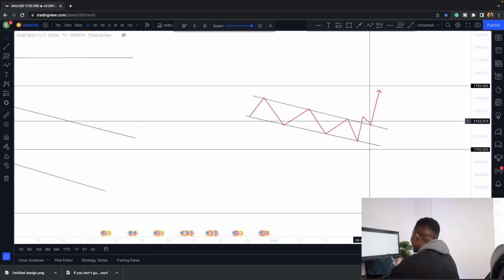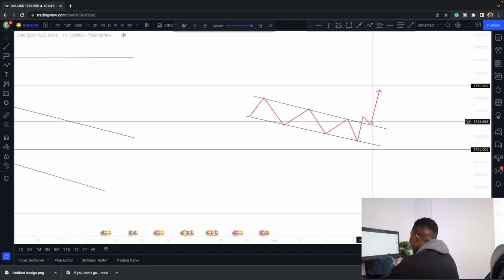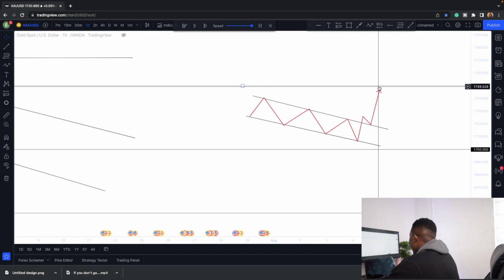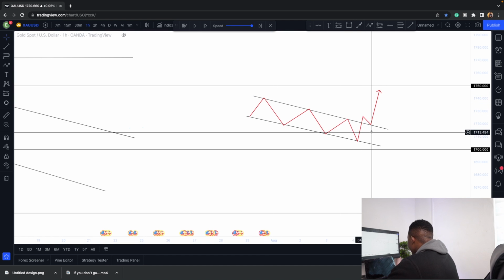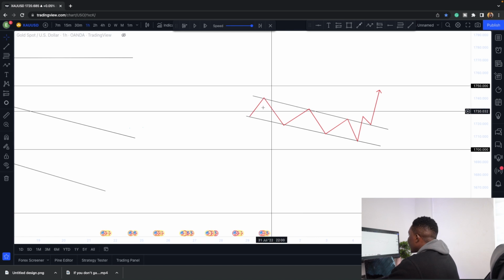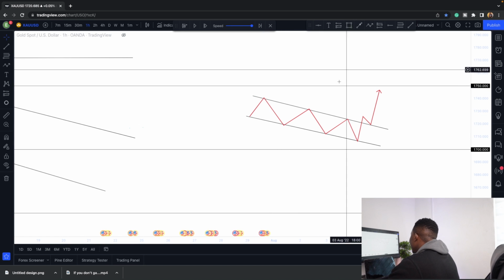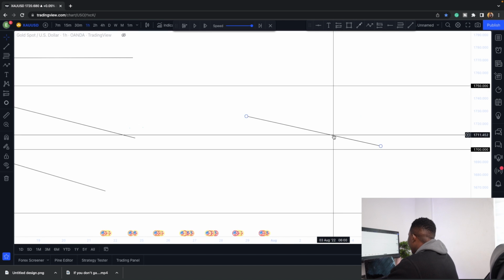We are going to wait for the correction phase, which is the retest move of the trend line, and then we are going to take our opportunities from here to buy, right? So it's very, very important that in descending channels we are going to be taking buys to the upside and not to the downside. When price is in an ascending channel, then we are going to be taking, so this is more of like a reversal pattern, right? So let's look at a clearer picture on the chart and let's see whether this actually